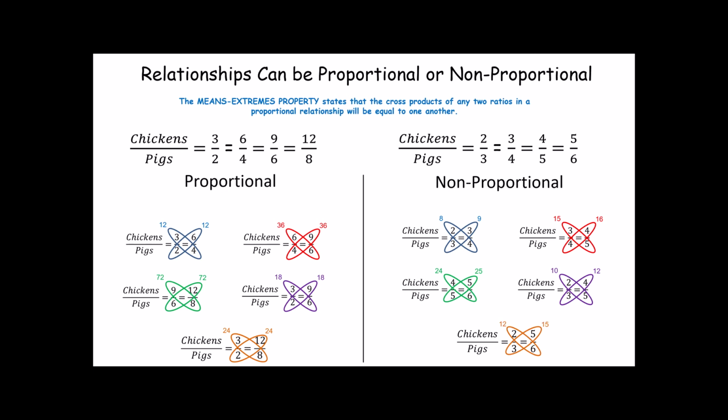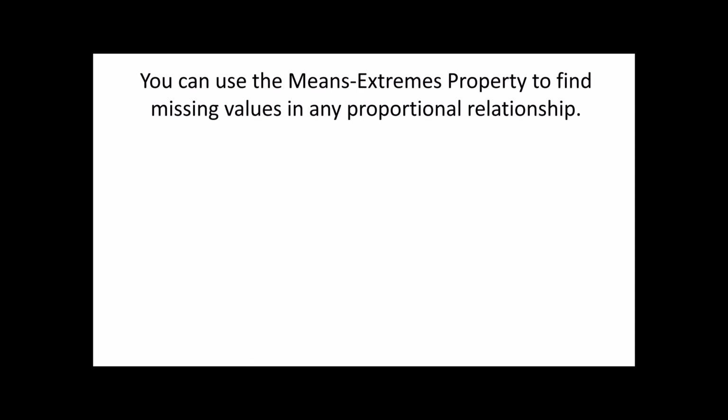They don't match. The cross products are a great way to quickly and efficiently check to see whether or not something is proportional. But the value of the means extremes property goes way, way beyond that. We do have other less efficient ways to tell whether they're proportional or not. But if we know that a relationship is proportional, then we can use the means extremes property to find missing